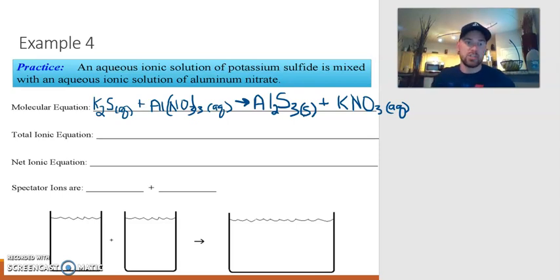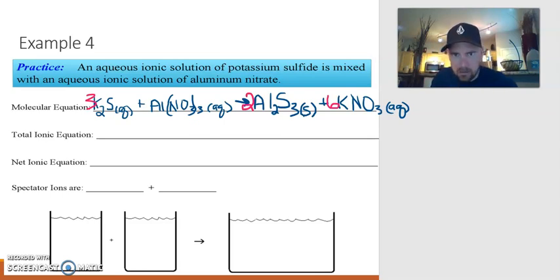Last thing we need to do is we just need to balance. So let's do that real quickly here. I see a 2-3 ratio here, so that tells me something is going to be 6, right? So I'm going to keep that in mind. So if I look over here at the nitrates, I have 3 nitrates on this side, 1 nitrate on this side, but I know I'm going to end up having that 2-3 ratio, which is going to be a multiple of 6. And so however you do the balancing at this point, honestly, is up to you. But we're going to end up having a 6 there, a 3 here. We're going to need a 2 here, and then